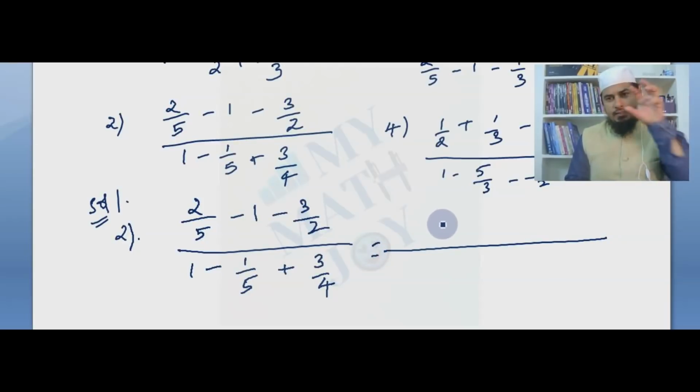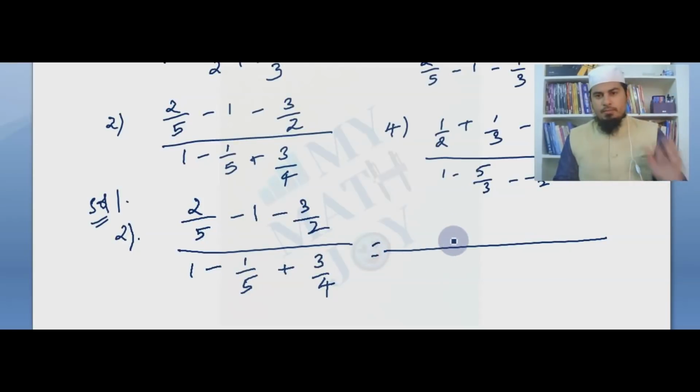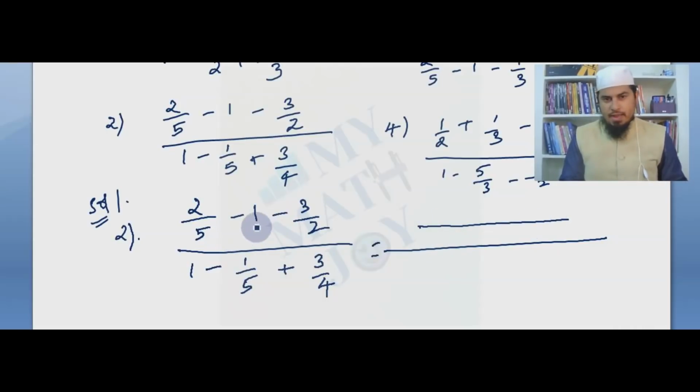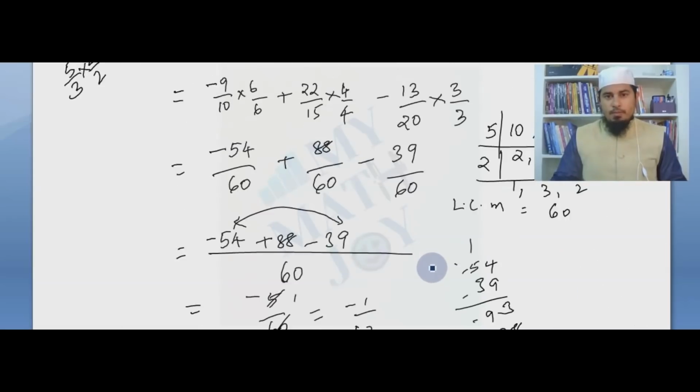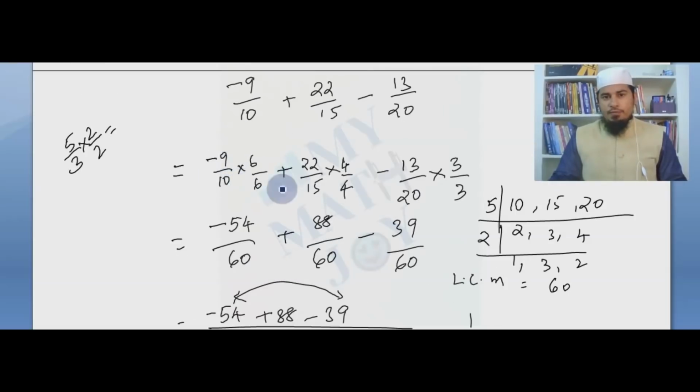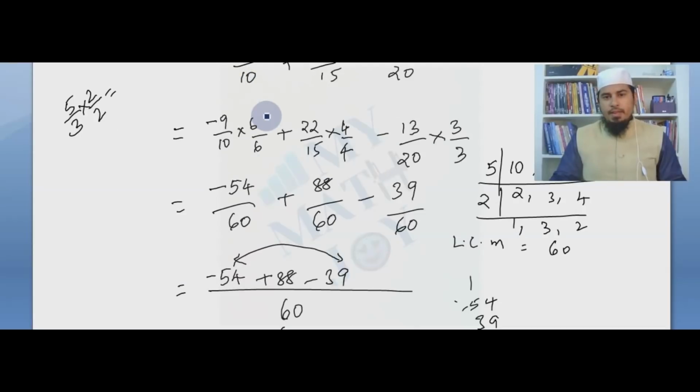numerator as a separate simplification, and the denominator also the same. So I got the LCM of 5, 1 and 2 as 10. Directly I want 10. In the basics, as we have done this problem in a very simplified and easy way, directly from here to here we can reach, and these steps we can do in our mind.